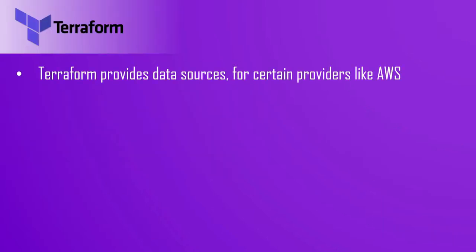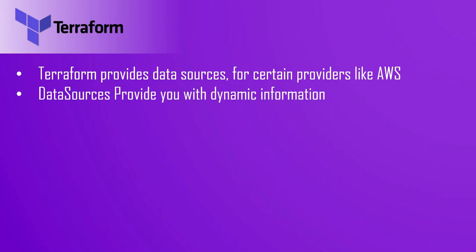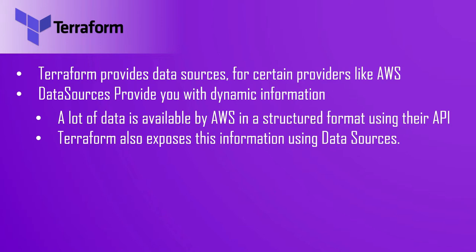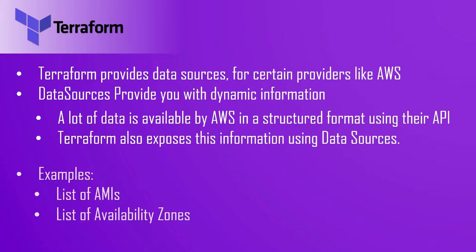Terraform provides data sources for certain providers like AWS. Data sources provide you with dynamic information. A lot of data is available from AWS in a structured format using the API. Terraform also exposes this information using data sources. For example, there's a data source that provides you with a list of AMIs or a list of availability zones, because that is dynamic information, and that can always change, that you can then use as an input in Terraform